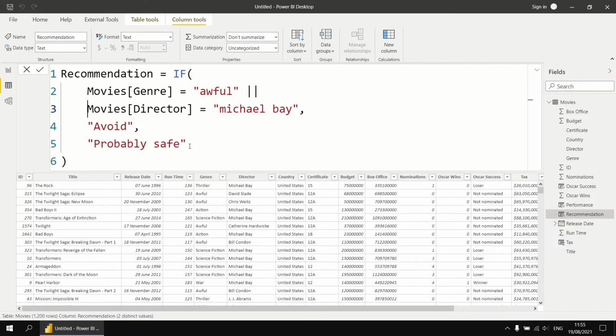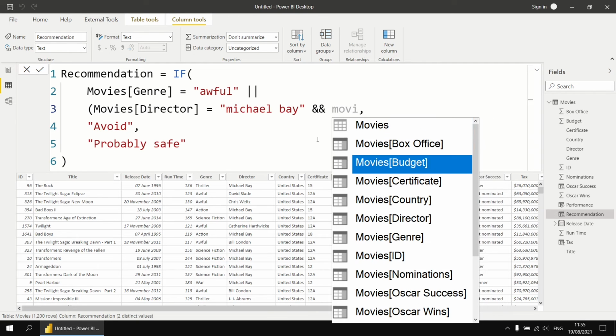I'm going to add an open round bracket in front of the condition that checks if the director is equal to Michael Bay. When you're combining multiple combinations of ands and ors, it's always worthwhile wrapping round brackets around the combinations of criteria you want to evaluate together. So if the film is directed by Michael Bay and in the science fiction genre, then it's to be avoided. So I've got movie director equals Michael Bay. Then on the same line, I'm going to say double ampersand,